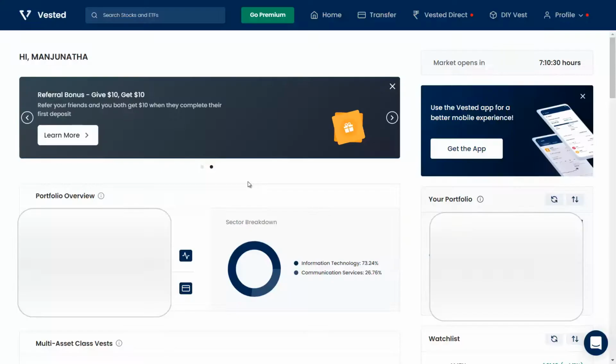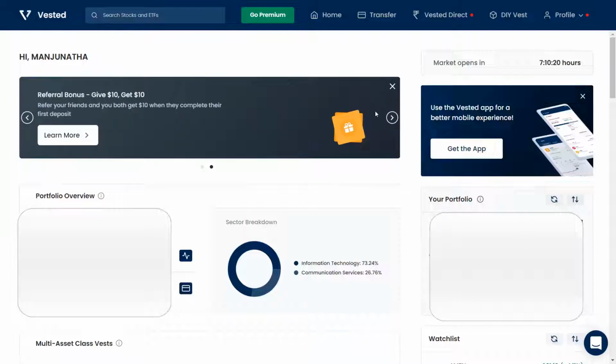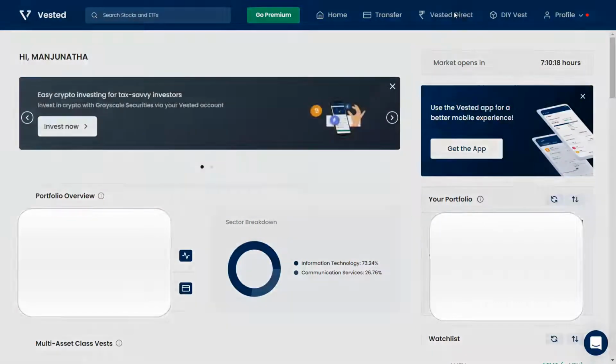Before investing in US stocks, kindly go through the platform you're investing on, such as IND Money or Vested, because the fees might change and it depends on the platform where you buy and sell these stocks. I've logged in to my Vested account, and you could do the same by registering on vested.com and finishing your KYC process. Once it is done, you go to your dashboard and click on Vested Direct,